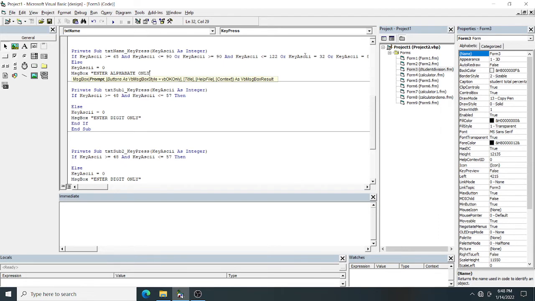So what it will say, you will allow only alphabet only, double quote close. So now executing.